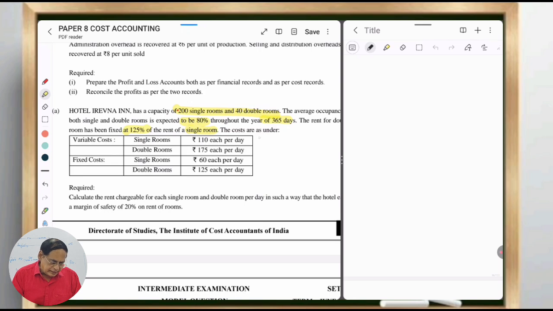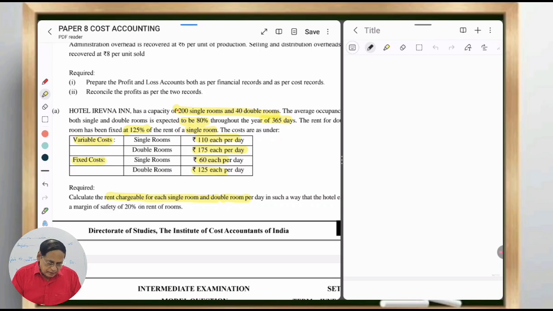The costs, variable cost and fixed cost, are given for both single room and double room. So 150, 110, 175, 60 and 125 respectively. Calculate the rent chargeable for each single room and double room. So you are requested to find out the rent chargeable, how much rent to be charged